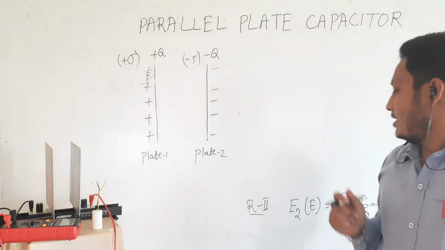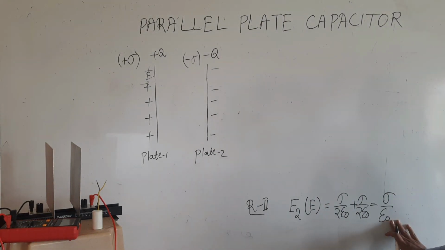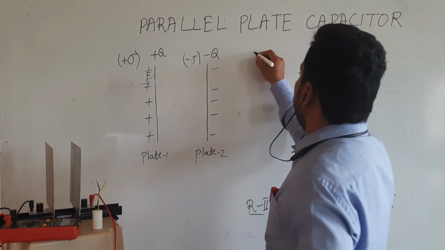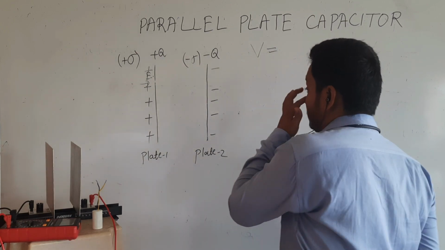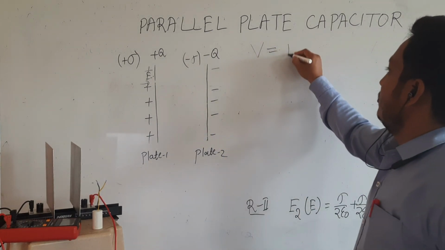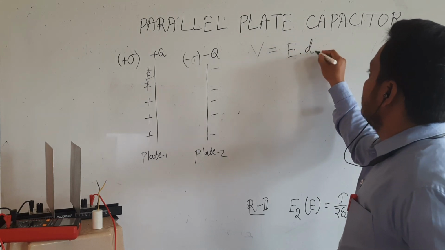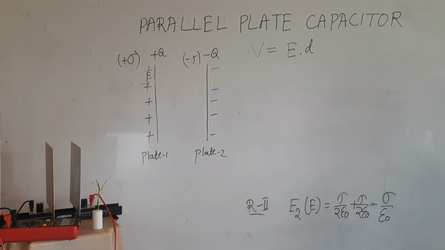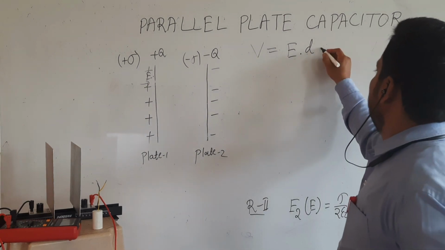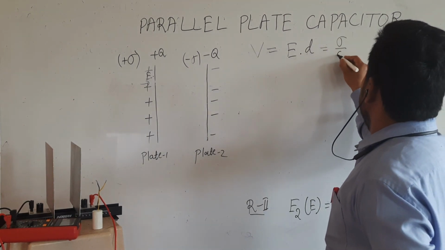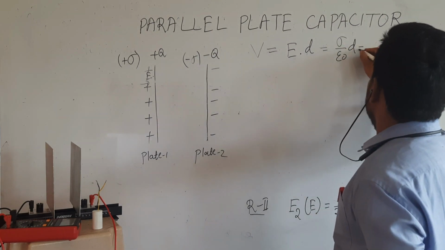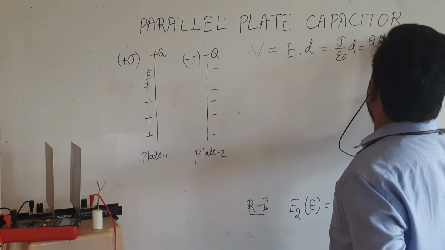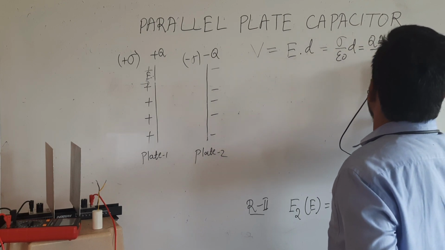Okay. So now we have the electric field E equal to sigma by epsilon naught, and we are here to find the capacitance. For that, let me find the potential in between the plates. You know potential equals electric field times distance. The electric field inside the plates is sigma by epsilon naught, so it will give you sigma by epsilon naught times d. And sigma is the surface charge density, so I can write it as Q d divided by A epsilon naught.